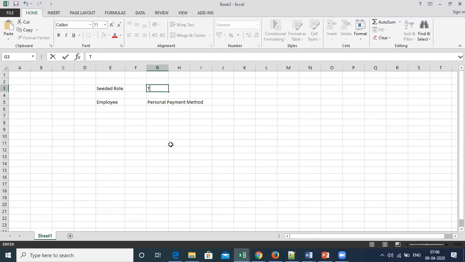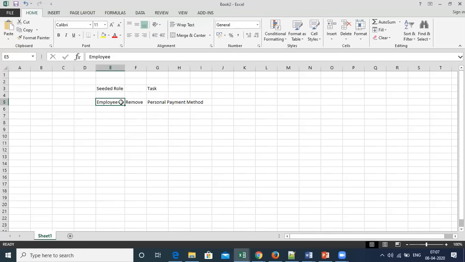So this task I will remove from the employee role. Now further, when I see the employee role, I will not have a reference to what originally this employee role was. Did it involve personal payment method or not? I won't have any reference.